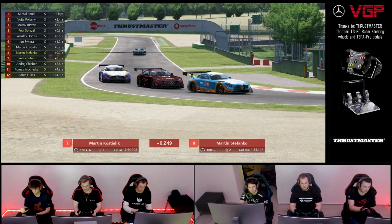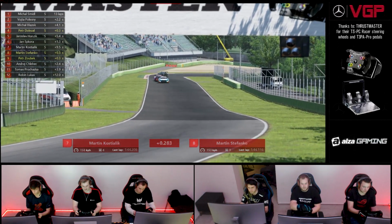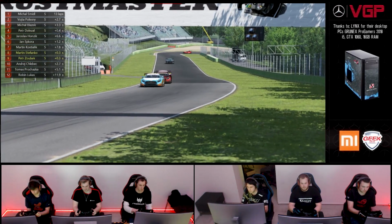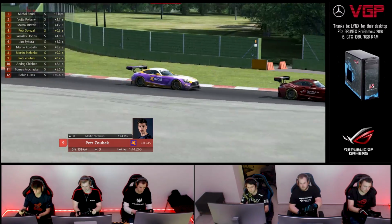Whoa, goodness me, in the background, that's Andrei Šlebek, who's broken free of Thomas Prohaska. He is gaining, exactly as you said a couple of laps ago, Justin. That train's going to become long before too long if one of these doesn't manage to break free. I mean, I would imagine Peter can count the amount of flies on the back of...